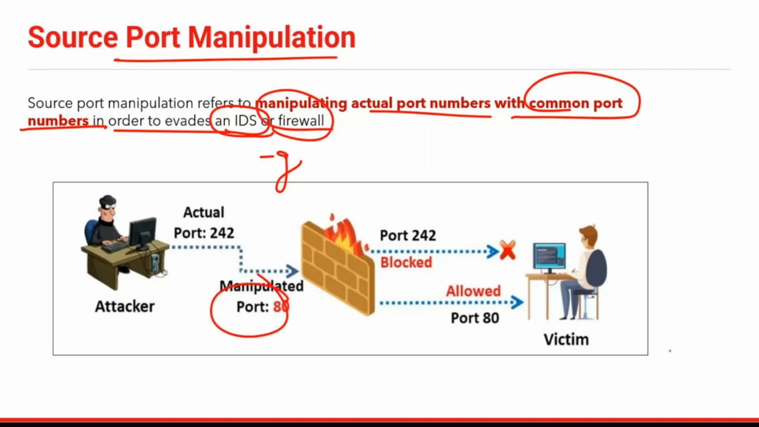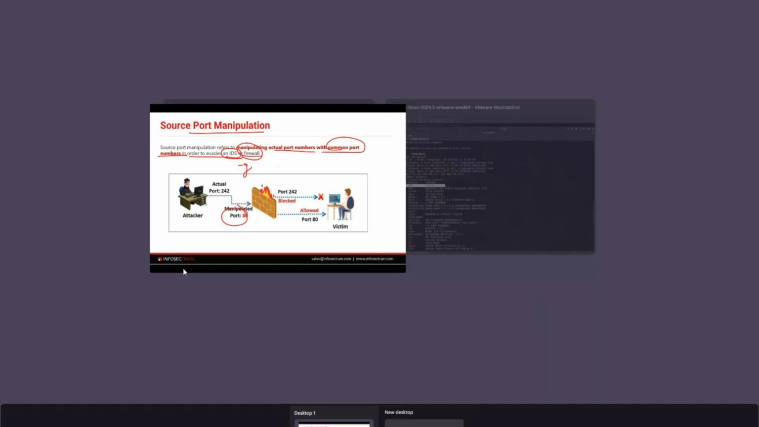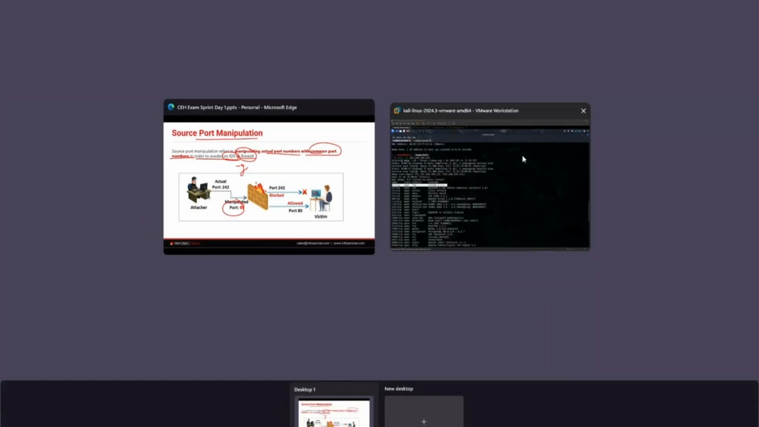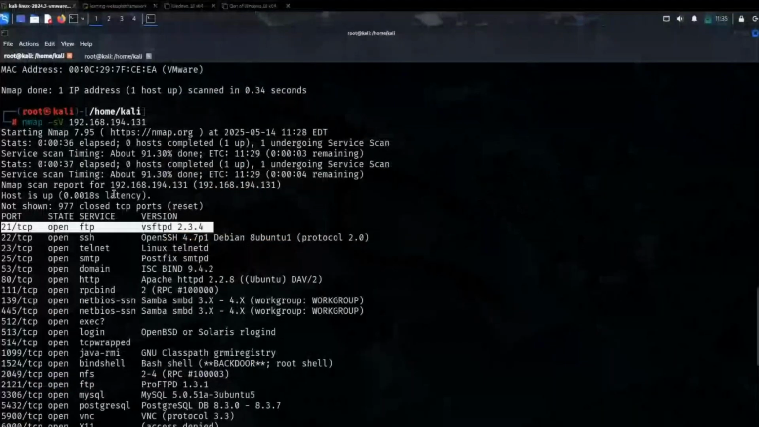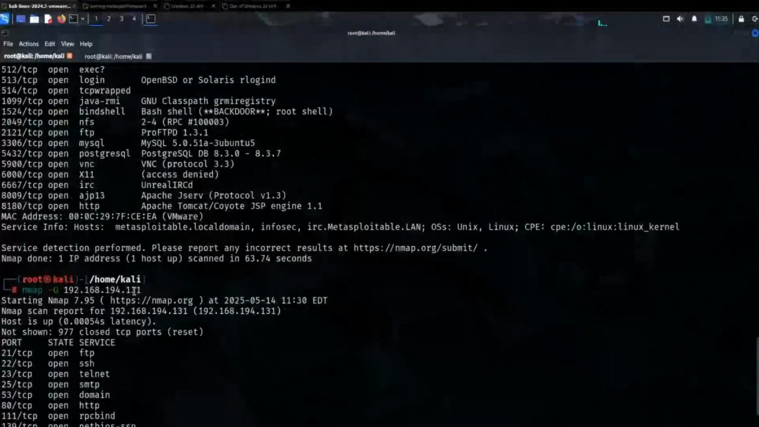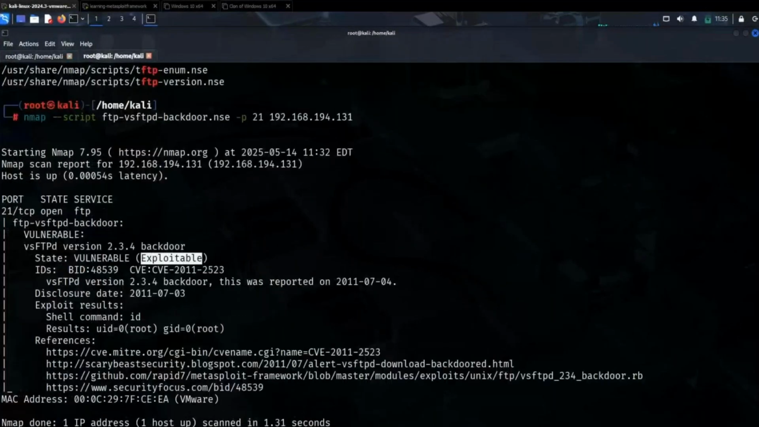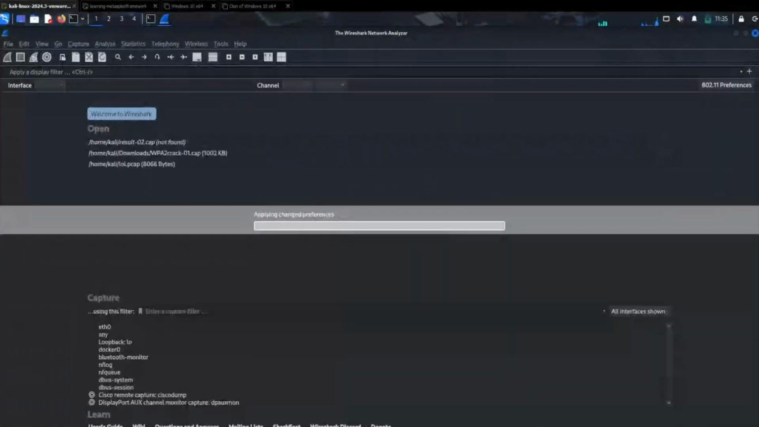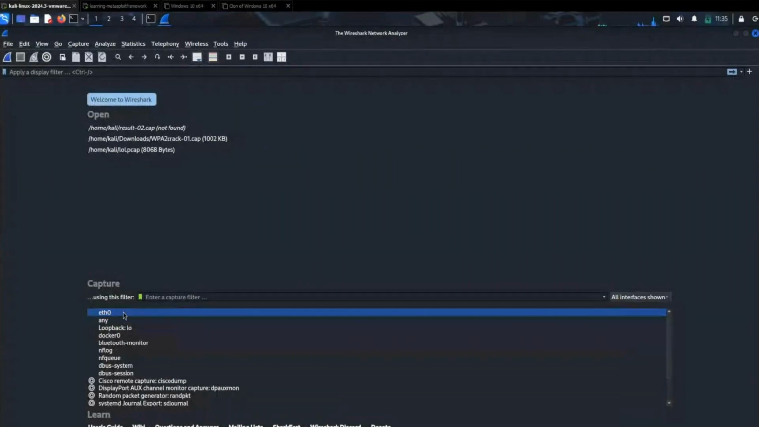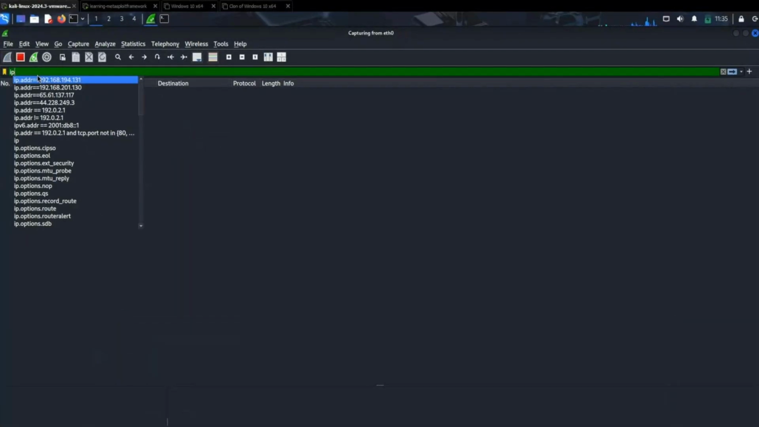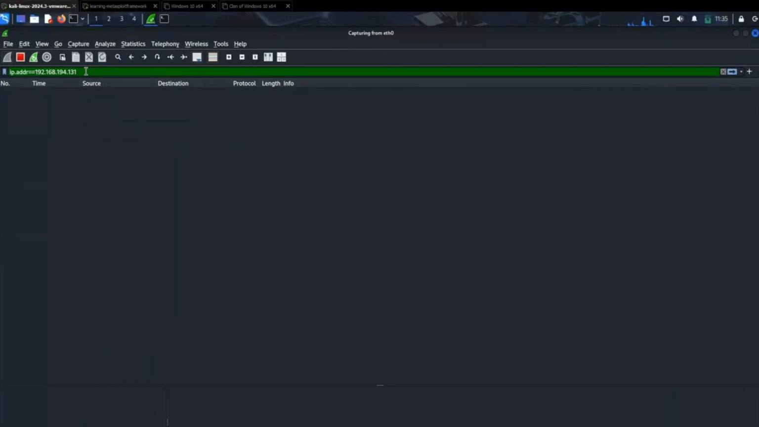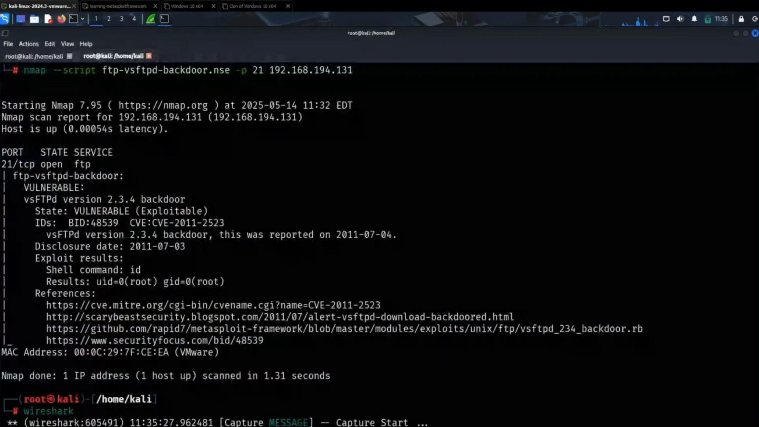So how will I do that? Let me show it to you. Let us say this is the Nmap I'm using, and on the other hand I'm running the Wireshark tool. Wireshark is a network capturer tool. Now here I am just going to use this IP address for this particular victim machine. Now here, if I'm running normally an nmap scan,